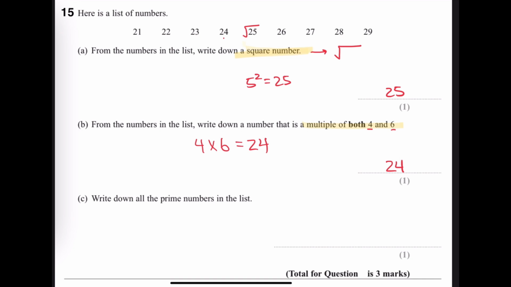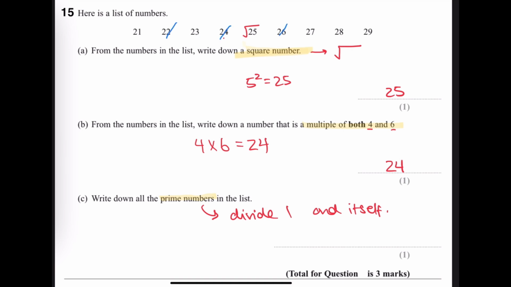Write down all the prime numbers in this list. Prime numbers are basically anything that can only be divided by 1 and itself. So first thing we can do is, if it's any of these even numbers that we can see, it's not going to be any of those because those can be divided by 2. So we're going to remove